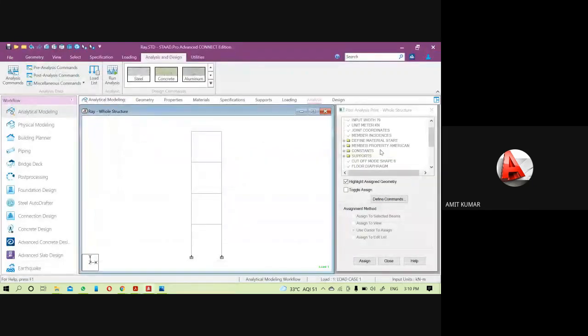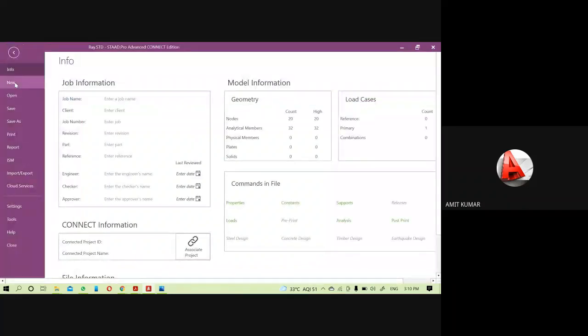Because giving these values has a specific step position. That's why either I will just delete everything, then we have to open a new file, and follow all the steps one by one. So now I'm going to do the analysis of the structure for the static method. So I will open a new file here.